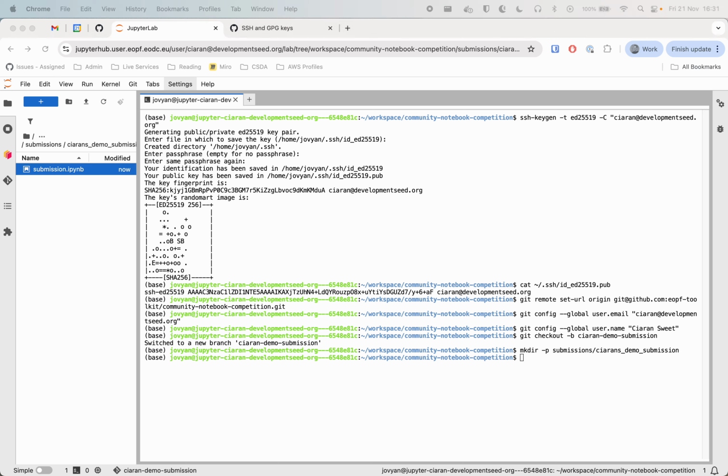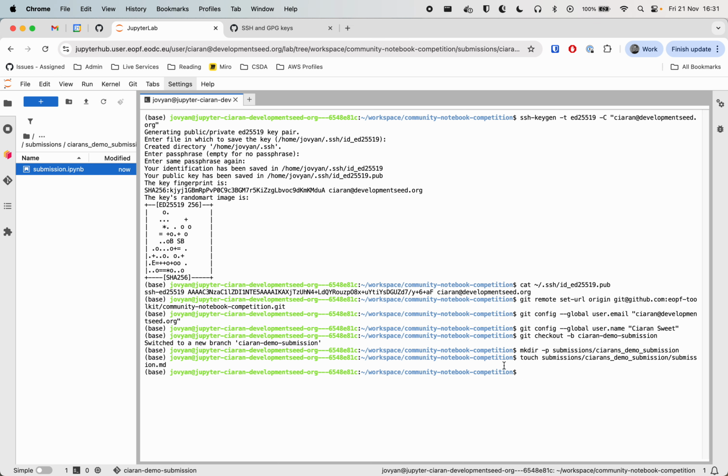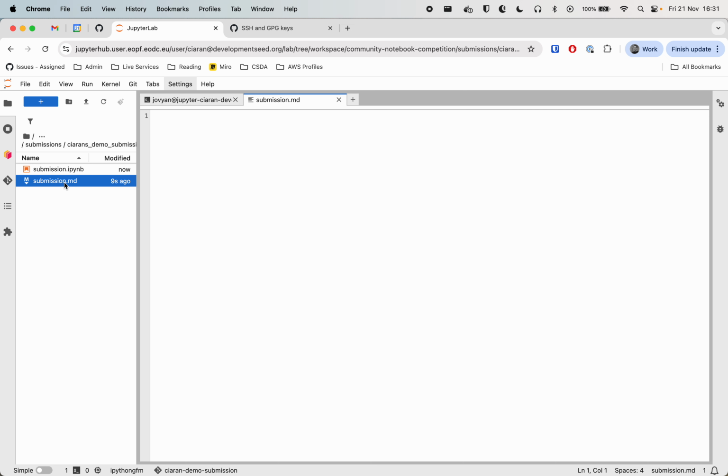And then what we're going to do is another dump into the command line. I'm going to create the submission markdown file in this folder as well. And then there we have our two files that are necessary for the competition. Once JupyterLab figures out what it's doing, it's going to see that file there. Yep. So let's open it in here, and then we're going to populate it with the markdown